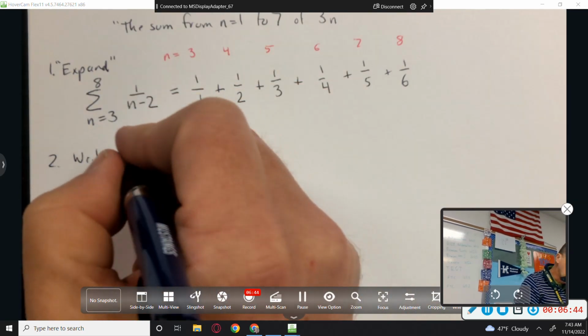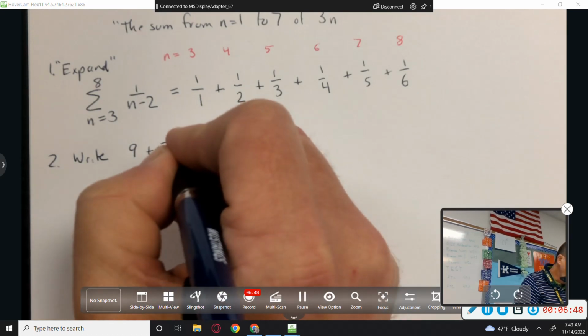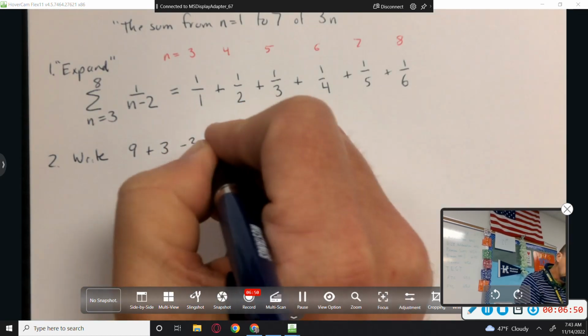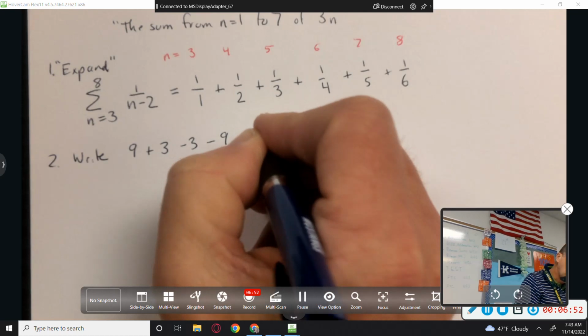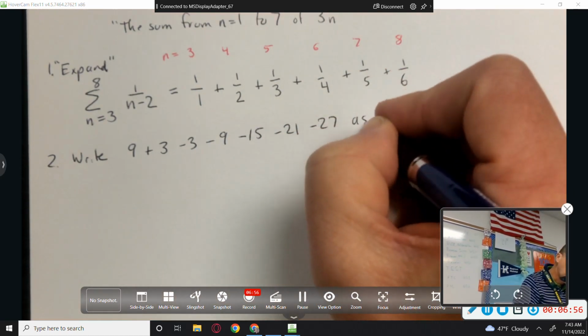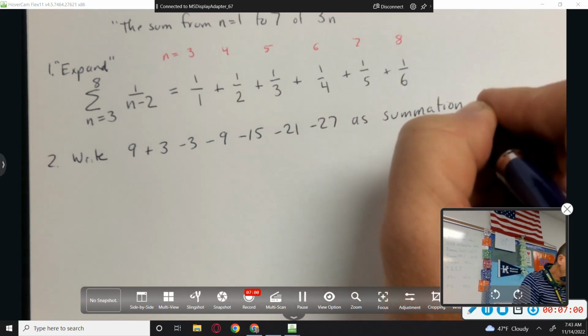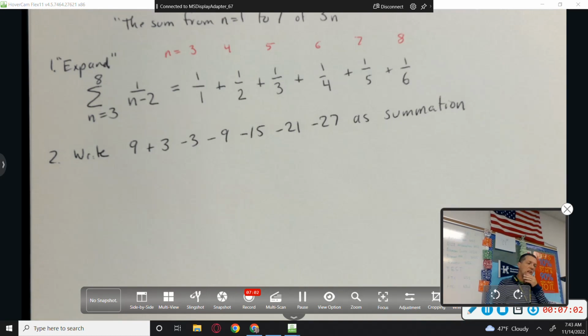All right, let's go backwards. Let's write 9 plus 3 minus 3 minus 9 minus 15 minus 21 minus 27 as a summation. So it's the backwards problem. Here it is all written out. We want to go backwards and write it as